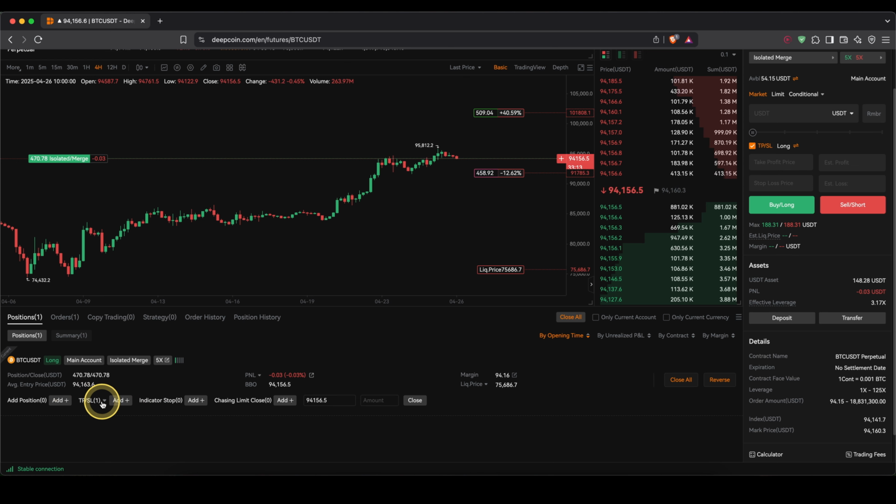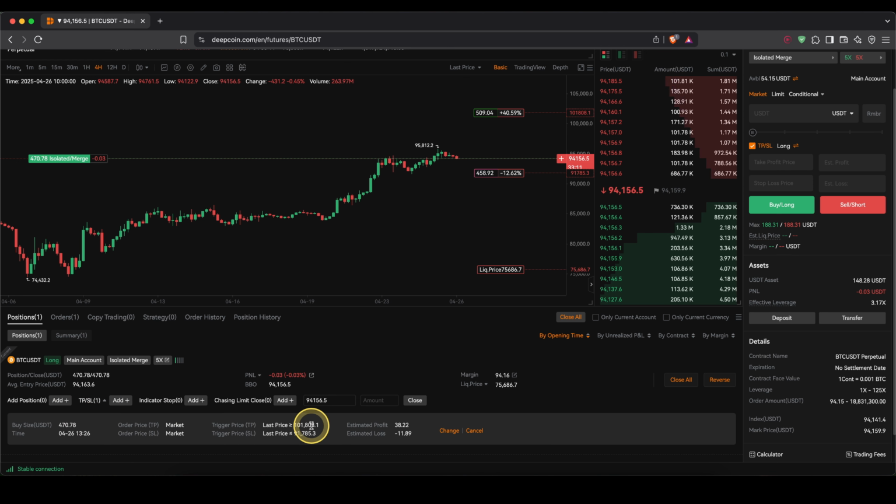I can also down here click on TPSL. I can see those two in here. And you can see how much profit or loss you are making. If I pull it higher, then you will see the profit is higher. If I put this a little bit higher, you will see the loss will also get smaller at that price. And of course, you can change that all up in here, or if you just click on change in here,